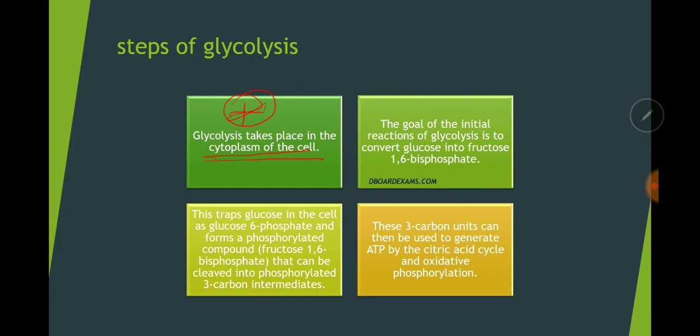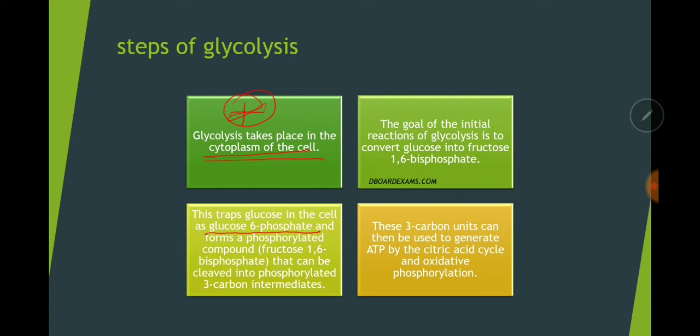And then the electron transport chain or oxidative phosphorylation occurs inside the mitochondrion, okay. So you have to know glycolysis occurs inside the cytoplasm. The goal of the initial reaction of glycolysis is to convert glucose into fructose 1,6 bisphosphate. So this conversion traps glucose into the cell as glucose 6 phosphate and forms a phosphorylated compound, which is fructose 1,6 bisphosphate